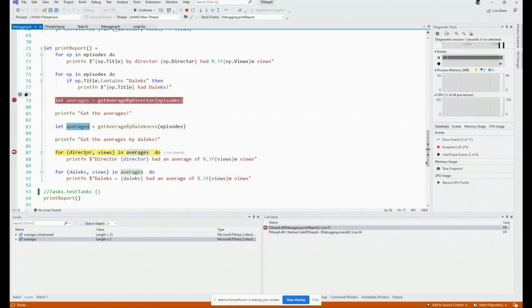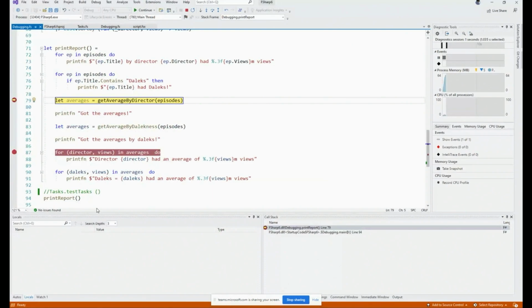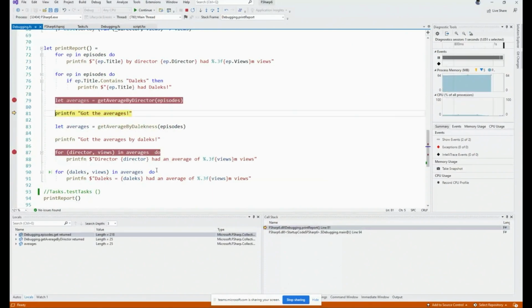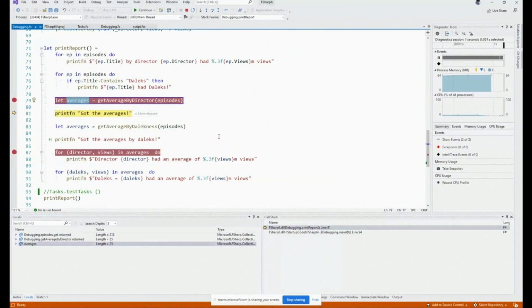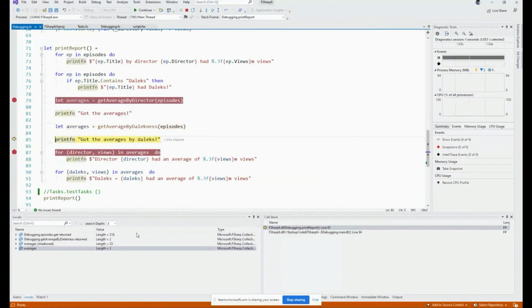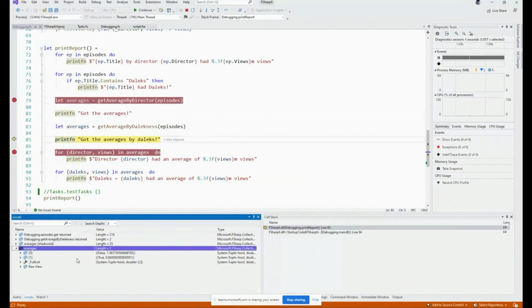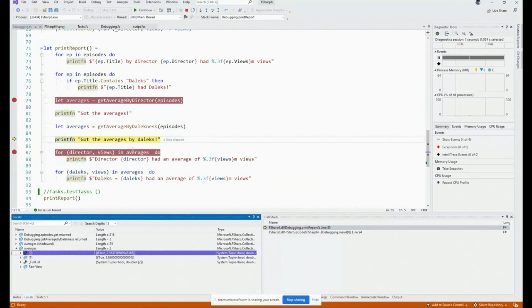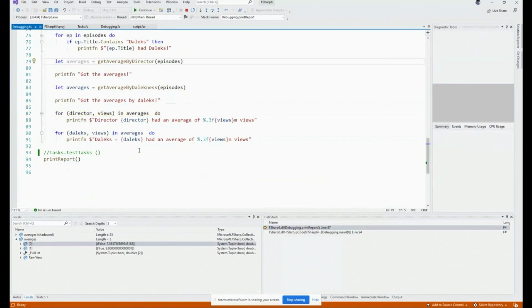So if we go back to here, just to check what actually happened, you'll see we've got no averages in scope, and when we press F10, we get one averages in scope, which is this one here. And we go on and get the next one, and you'll see that the first averages is now shadowed, and it had 25, the average by director, and the second averages is now in scope, which is the averages by Dalekness. And if we just continue on with the program and run it all the way through,